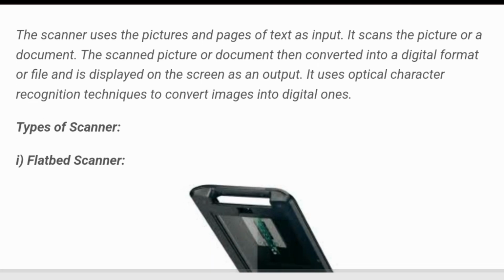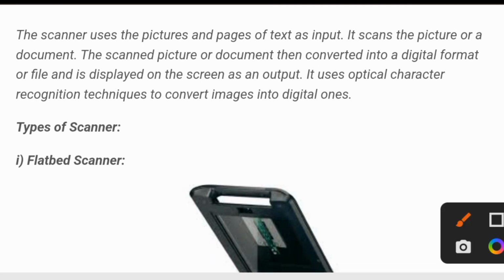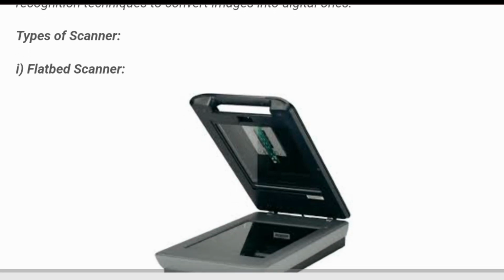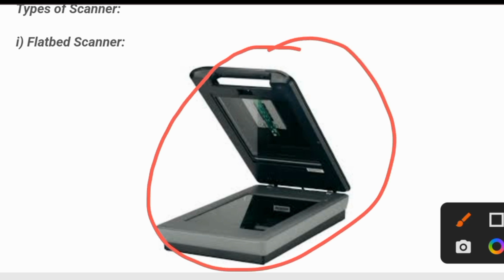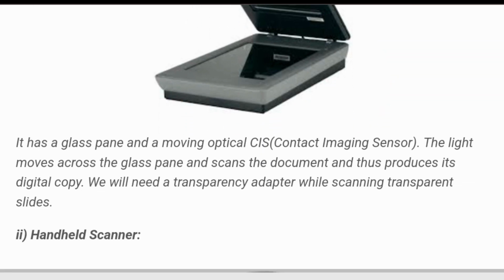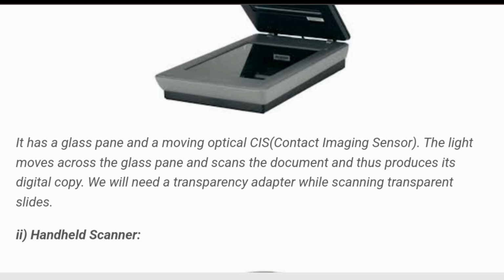Types of scanners. First, flatbed scanners. The flatbed scanner has a glass pane and a moving optical CIS, that is, contact imaging sensor.